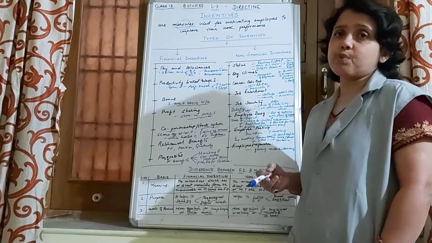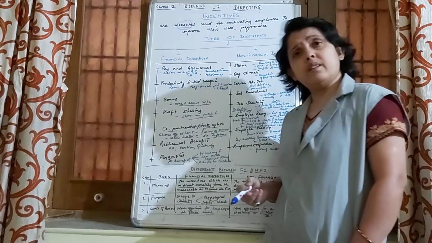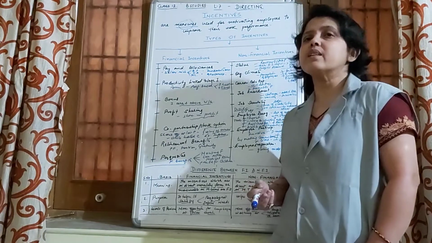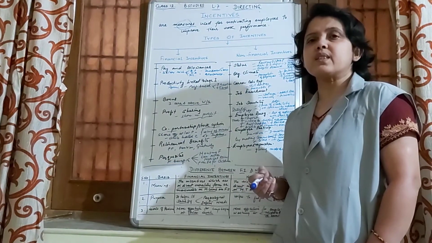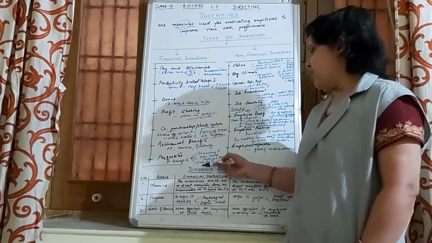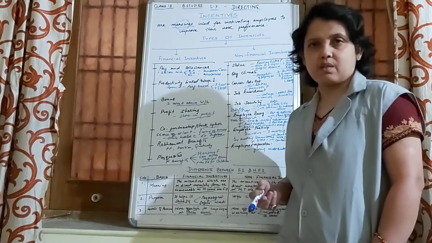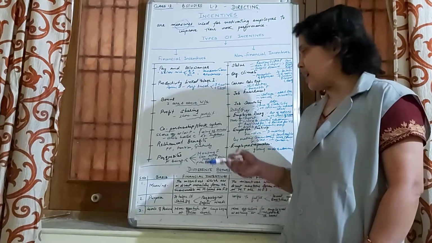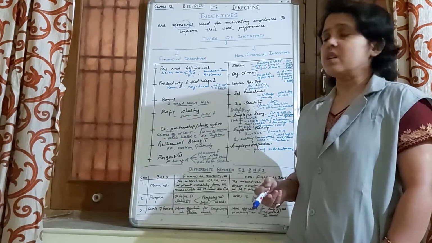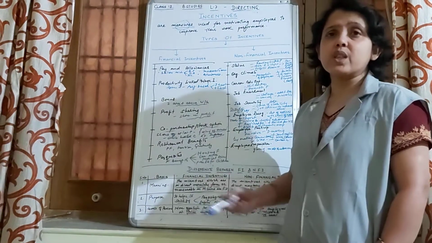Sometimes car allowance is also provided. That is also a kind of facility. Medical expenses, they are reimbursed. That is again a kind of financial incentive which is provided to the employees, for which the organization pays. Also, sometimes there is the provision of free education for the children. These are some of the examples of the various kinds of perquisites, or fringe benefits, which are provided to the employees, and it comes in the category of financial incentives.